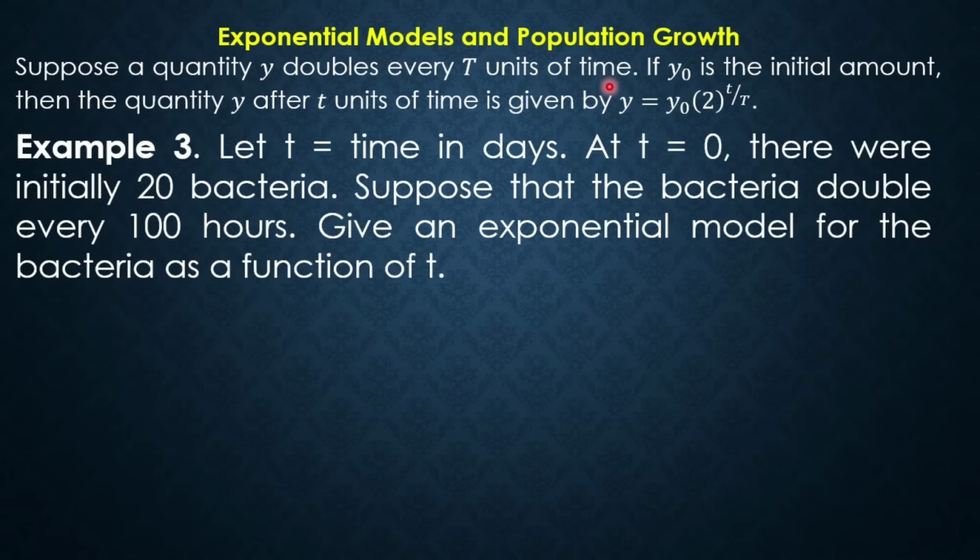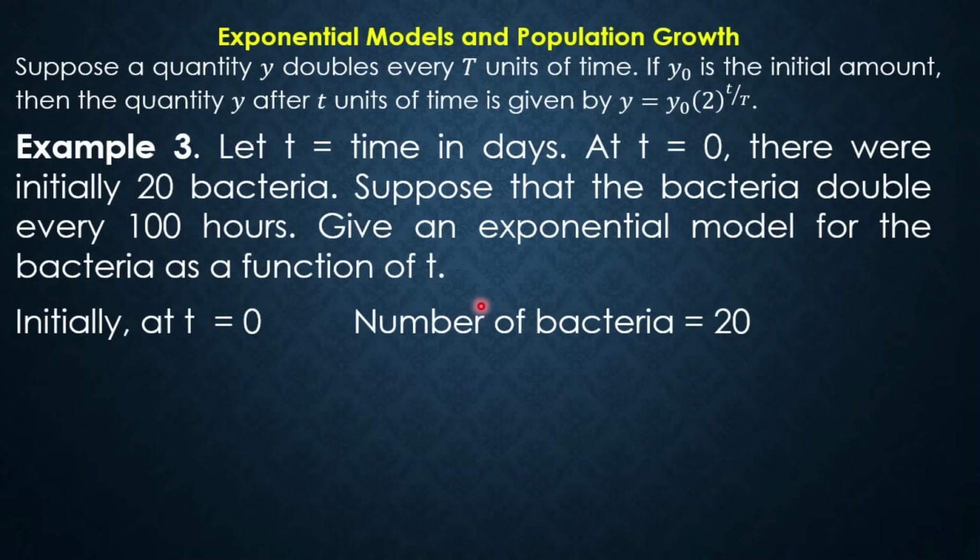For example, let t is equal to time in days, and at t is equal to 0, there were initially 20 bacteria. Suppose that the bacteria double every 100 hours. Give an exponential model for the bacteria as a function of t. Initially, at t is equal to 0, the number of bacteria is 20. At the start, yung number ng bacteria is 20, and then magdo-double siya